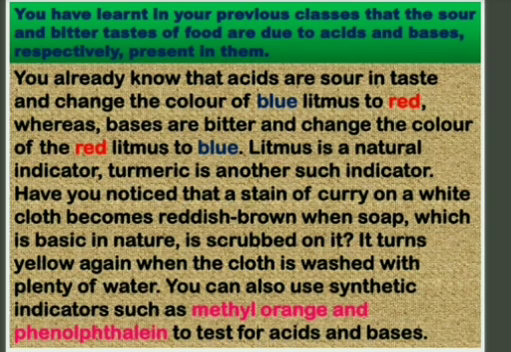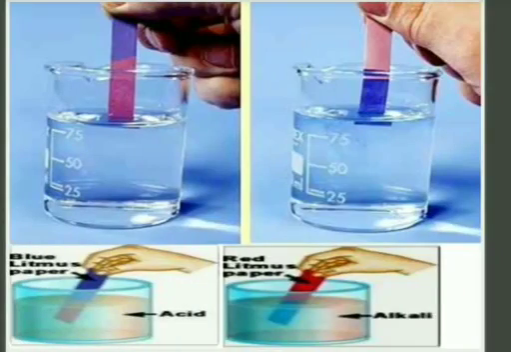And we have done synthetic indicators also. Synthetic means man-made indicators. For example, methyl orange and phenolphthalein. These are the two synthetic indicators which we have discussed, which can be used to test whether the given solution is acid or base. You can see by this strip,